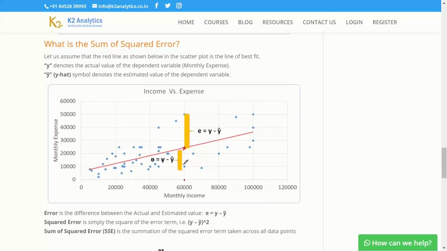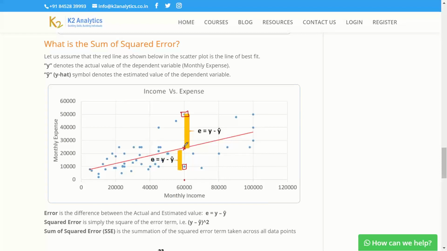The actual value is, there is one actual value which is here for the corresponding, not 6000, 60,000. Sorry, I read that 60,000 as 6000. So monthly income is 60,000. There are two data points. One family has very little monthly expense, probably not living lavishly despite having a good income, and the other family has a monthly expense of 50,000. It's possible to have people with very high incomes but still living life as a miser.